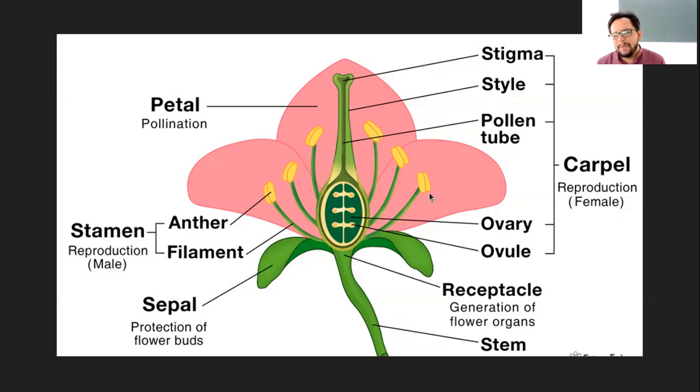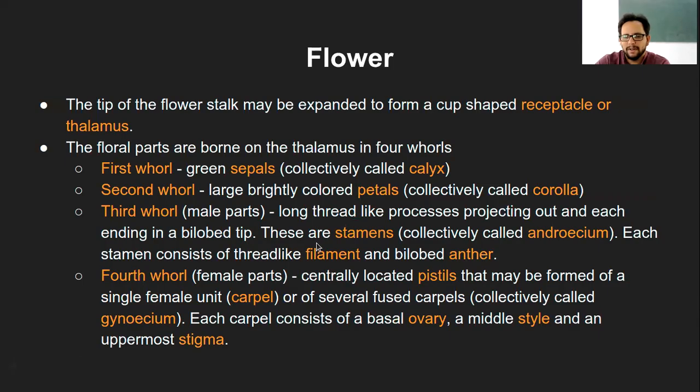Usually they are bilobed, I must say. In some cases they might vary based on the flower we are talking about, but in most cases these are bilobed anthers. And the filament length might also vary depending on the type of flower. In some cases it will extend out of the petals, or it will be very short and deep within the flower. So the structure of the stamen will also vary. And that is the third one, the male reproductive structures in the flower.